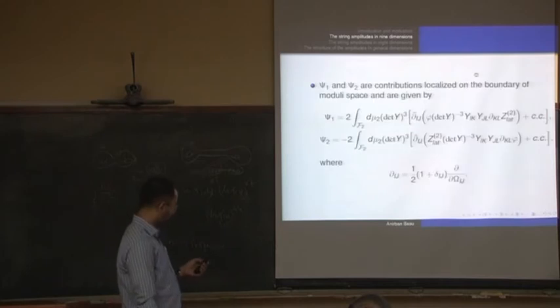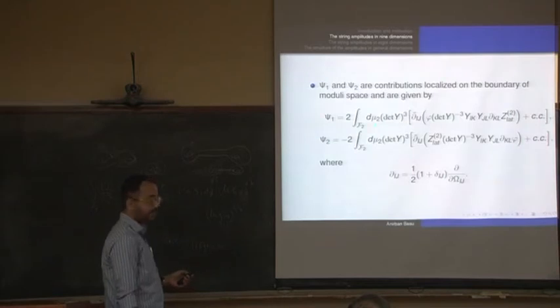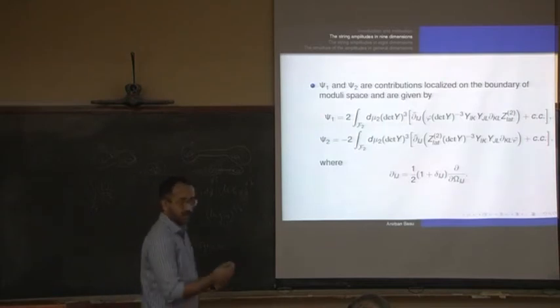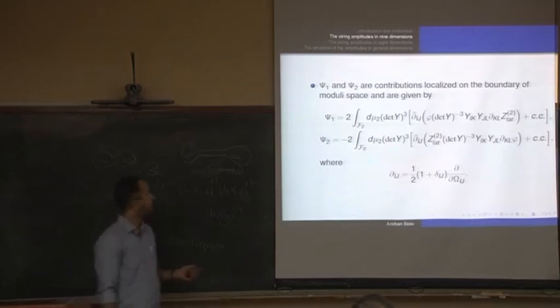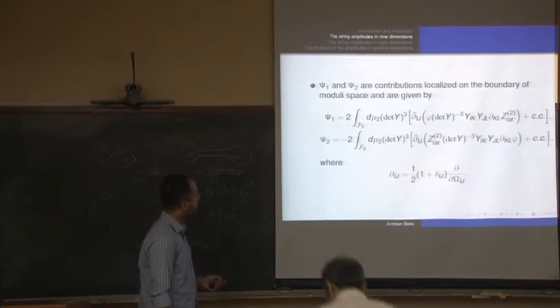Let me tell you what the boundary terms are. The boundary terms are this. This doesn't look like a boundary term because d mu 2 is actually 1 over determinant Y cubed. So d mu 2 determinant Y cubed is really the integral of d omega 11 d omega 11 bar, d omega 22 d omega 22 bar, and d omega 12 d omega 12 bar. So this is really a boundary term, and where this is defined in this way.